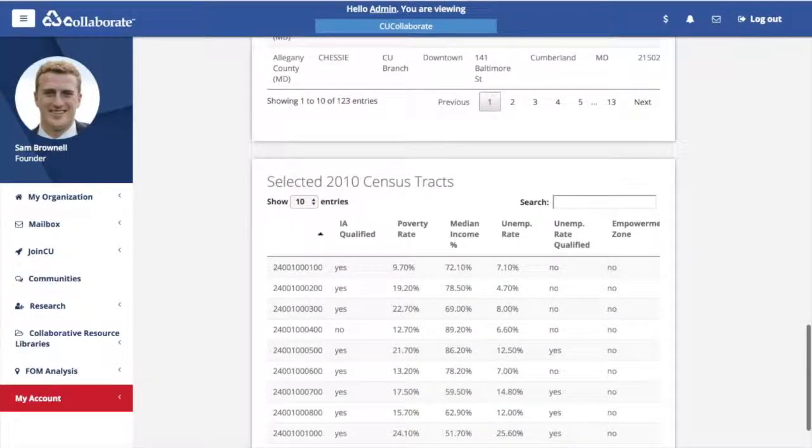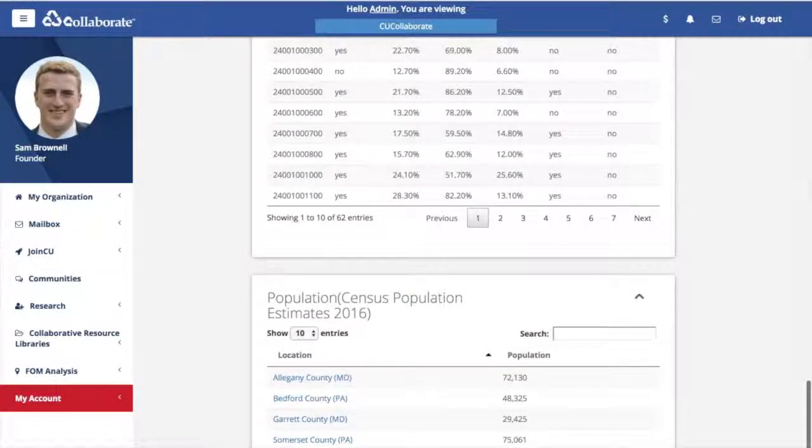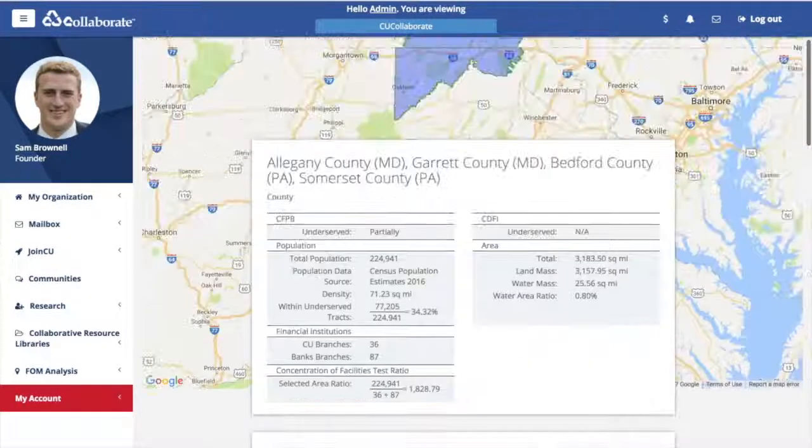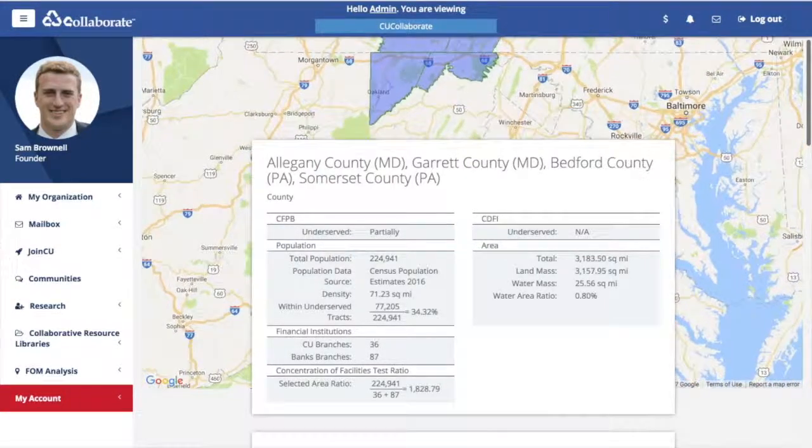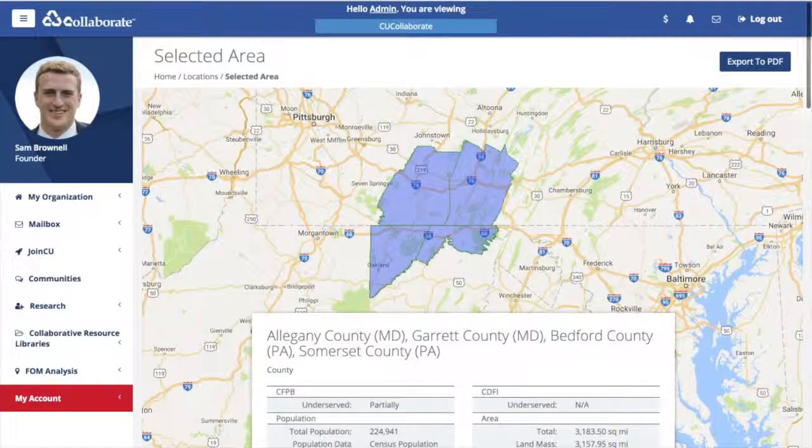We can give you demographic information on poverty rate, median income, unemployment rate, and then we can also tell you the source of the data for population estimates or the actual population figures for 2010 populations. And then you can export this all to PDF. And you can use this to attach to your business plan or marketing plan when you're applying to serve that